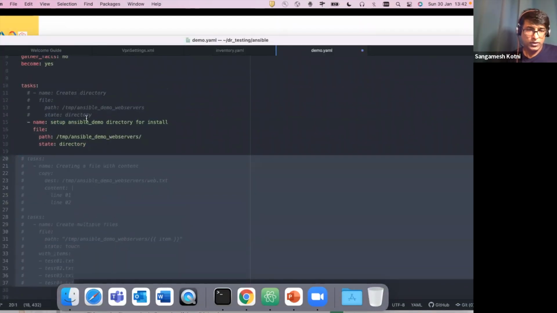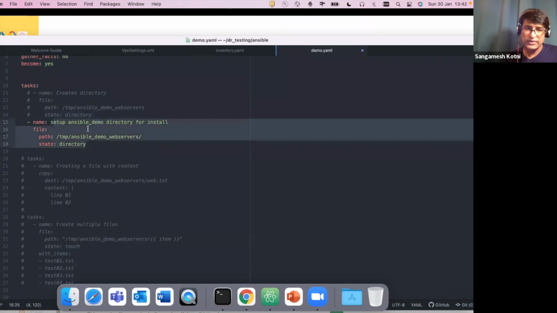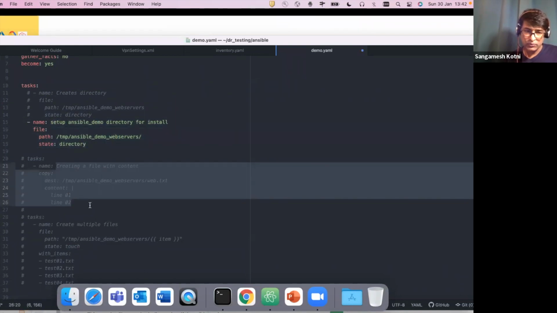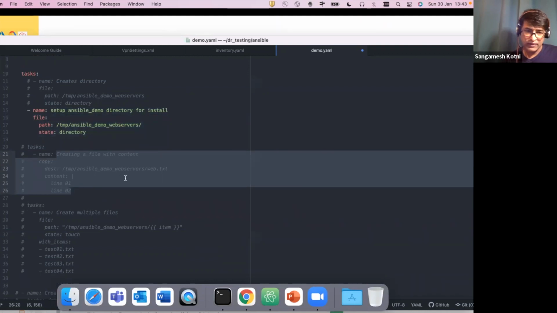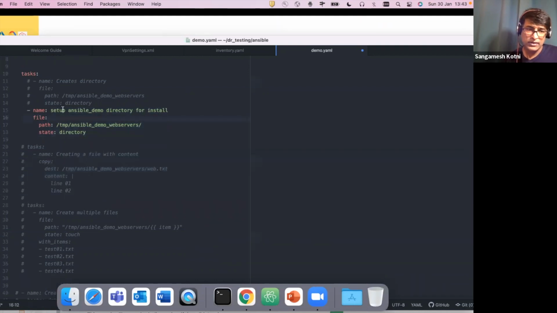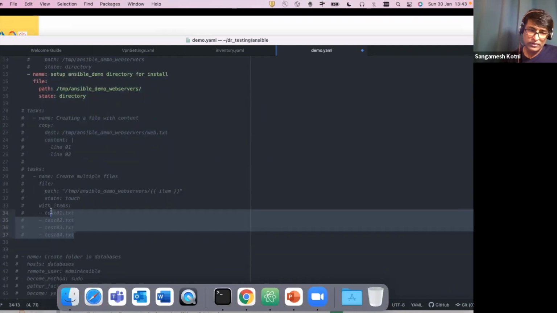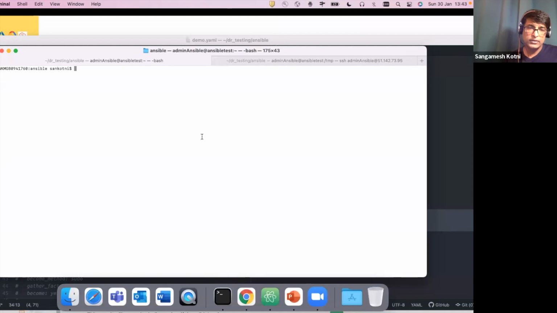Ideally, it should do this first, but since it is a sequential order, first it has to create a directory and then it has to go here. That's the next file. So currently what it is doing is it is somehow not following sequential order, it is missing this bit, and directly it is going here. So it thinks this particular directory doesn't exist, so it is failing. And here also the same thing. If you see the errors,